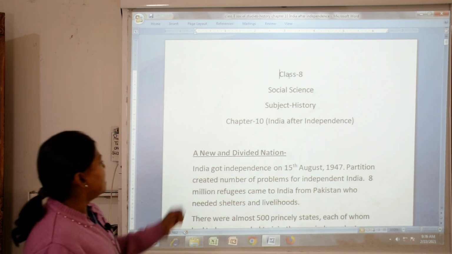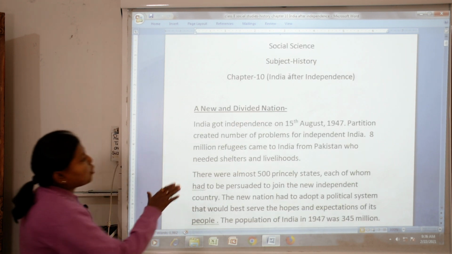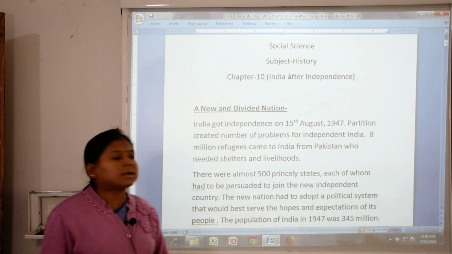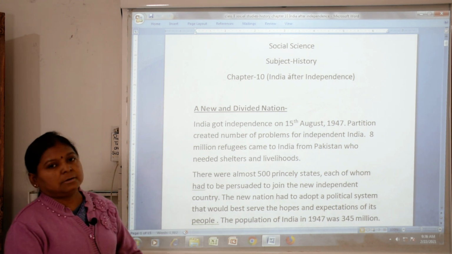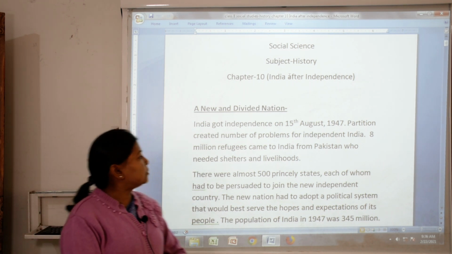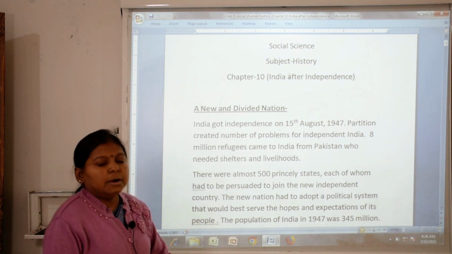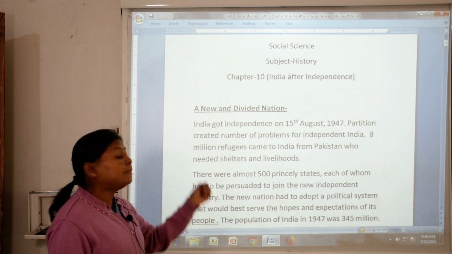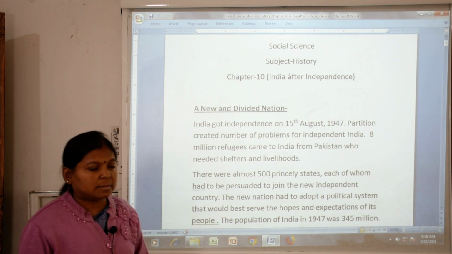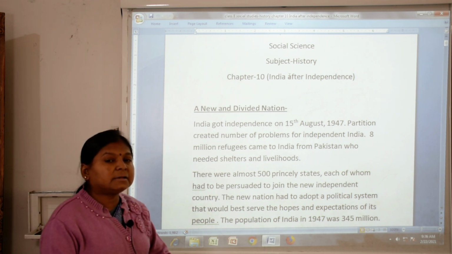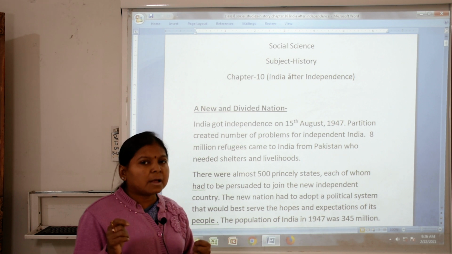So you see here, a new and divided nation. What does this mean? India got independence on 15th August 1947. Do you know, during that time the partition of India created a number of problems for independent India. Nearly 8 million refugees came to India from Pakistan, who needed shelter and livelihood. That was the biggest problem for our